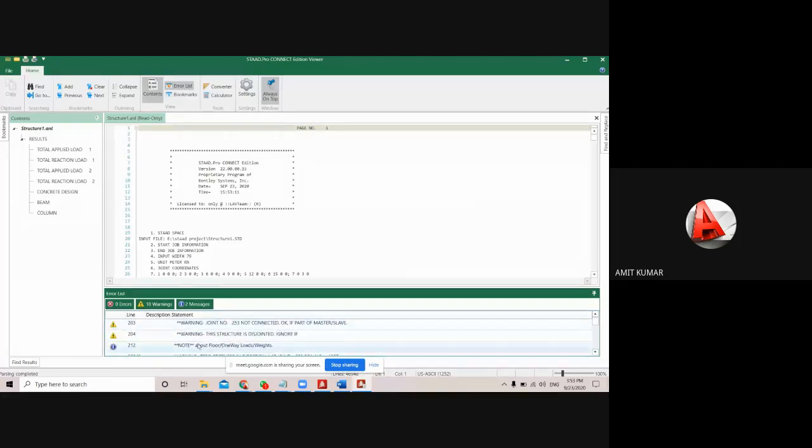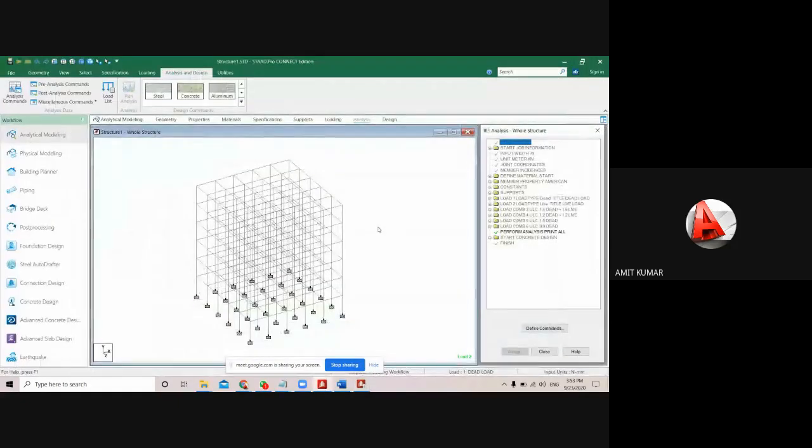Yeah, here it is: this structure is disjoint. Joint number 253 is not connected. And if it is a part of master and slave, then it is okay. That means if in the real structure this were my master slave, in that condition we have to ignore all these warnings. But here it is not my master slave.